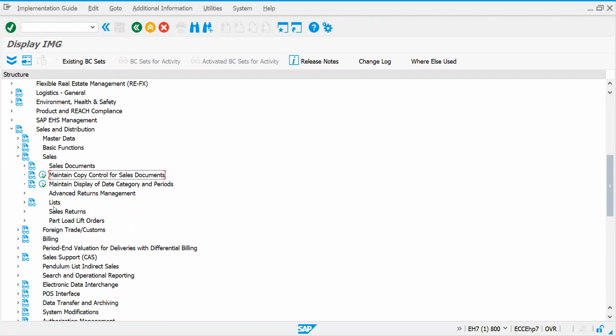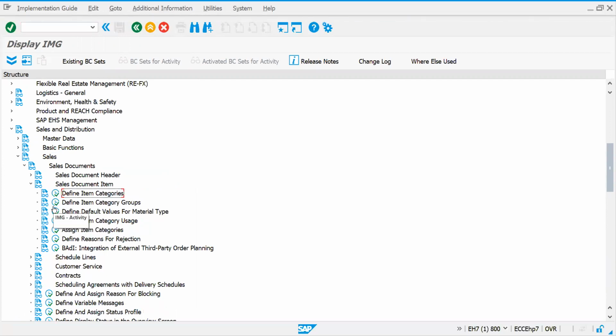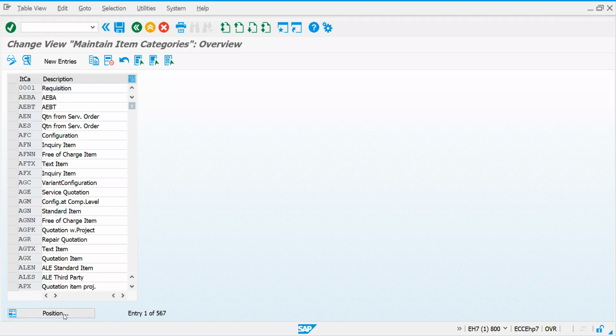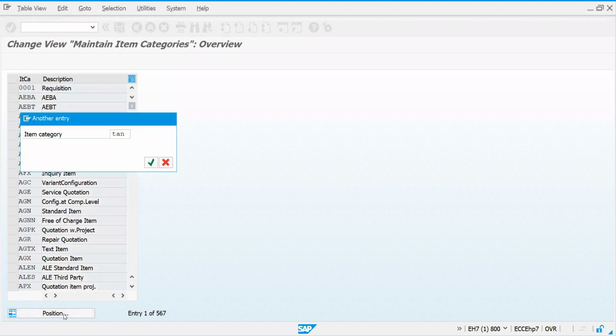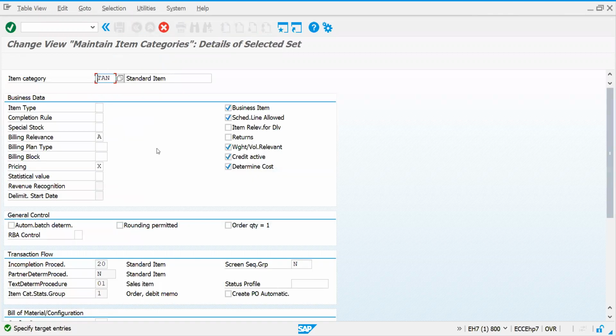We're just getting into the sales documents, and within the sales document items we have seen all the attributes related to item categories, right? Let me copy one item category, like TAN, as a GTAN.